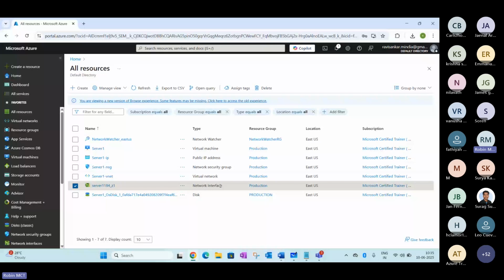So what is the purpose of this vNIC that has been created here? You may be able to see it like a network card. It is going to be the entry and exit point of all the communication of the server. You may be able to see that on the Azure side, your VM's vNIC is automatically created by default along with your VM, and that's going to be the entry and exit point. That is the important point you can notice here.